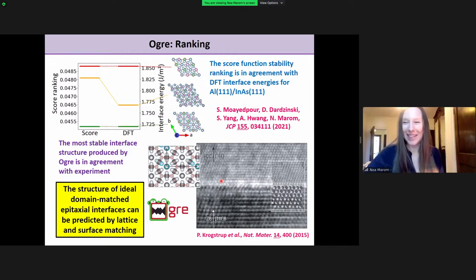Cool. Because of the computational cost of these simulations, we can only calculate these interfaces with semi-local DFT or DFT plus U, and what we use is DFT plus U, which brings me to the next